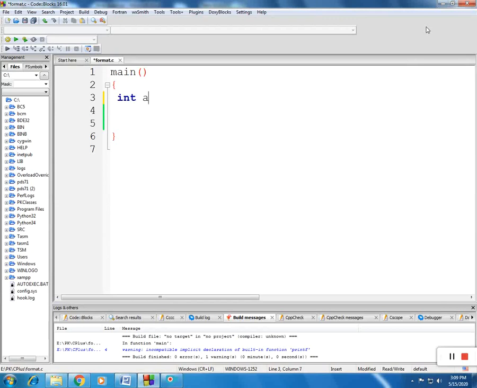Let us take an integer a is equal to 1. printf \n %d, the value of a. Again override the value, a is equal to 12, and print the value of a. Let's copy it and paste.